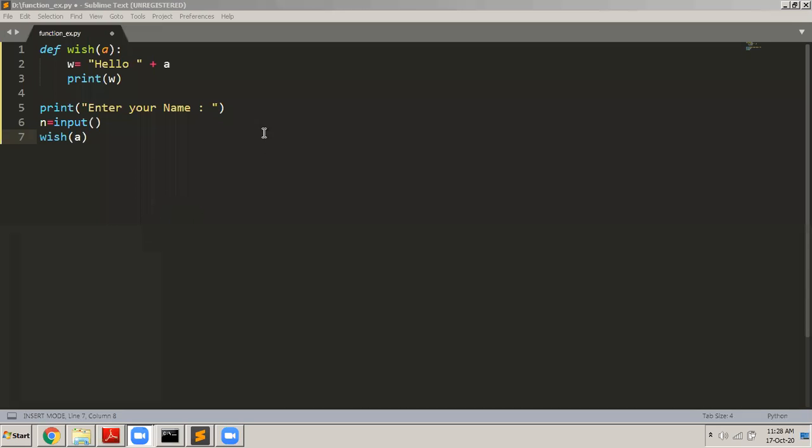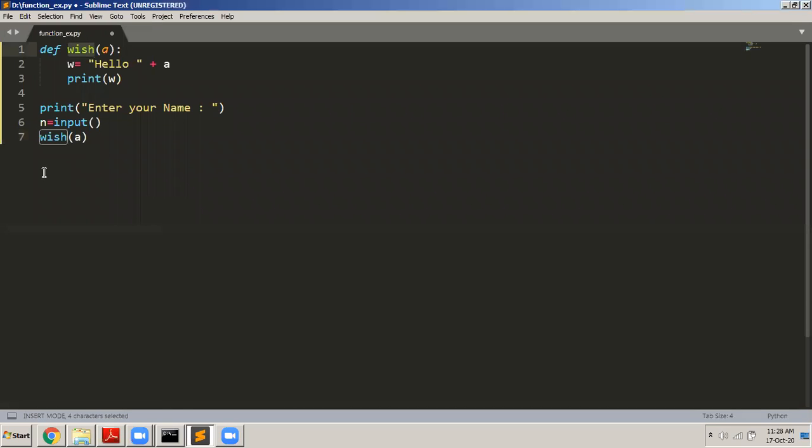Now, I told you people that a function can process some data and it can also return something back to the main program. You already know what this return function does. This return statement in any programming language will return the value back to the main program. Okay, so let us say I have